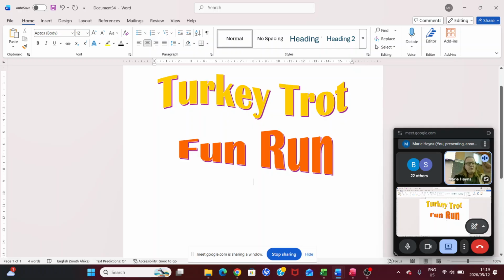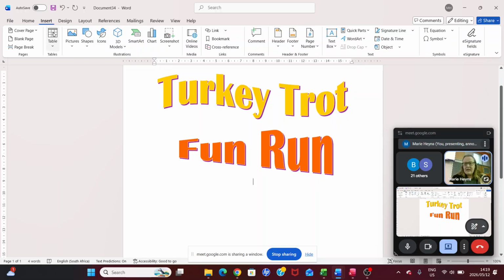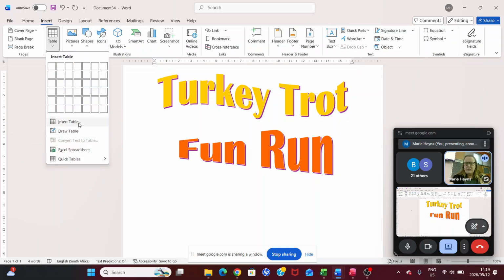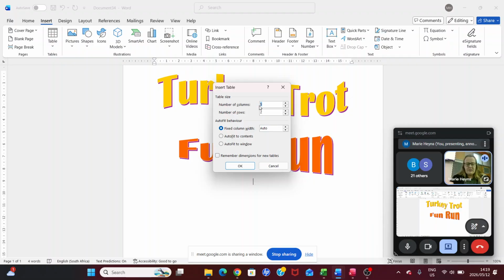And then I'm ready to insert my table. So I can see event is 1, 2, blank row, which will be 3 times 5. So it's 1, 2, 3, 4, 5, 6, 7, 8 rows. So we're going to insert a table, and the table is going to be 2 columns and 8 rows.